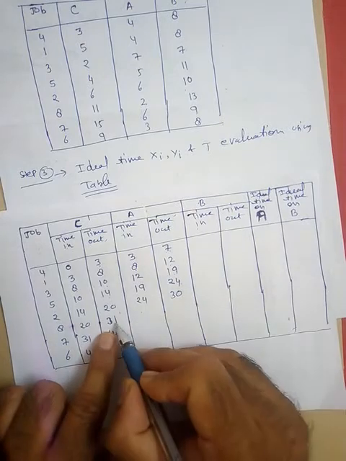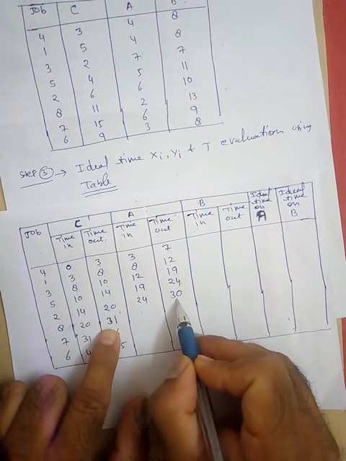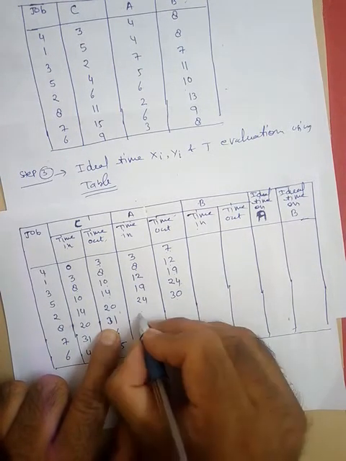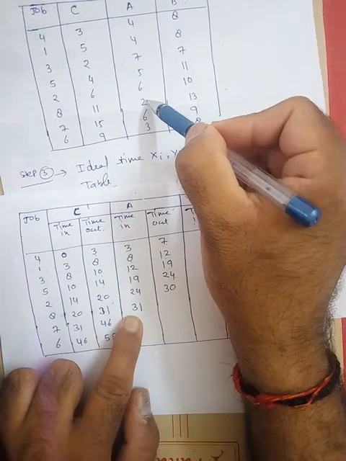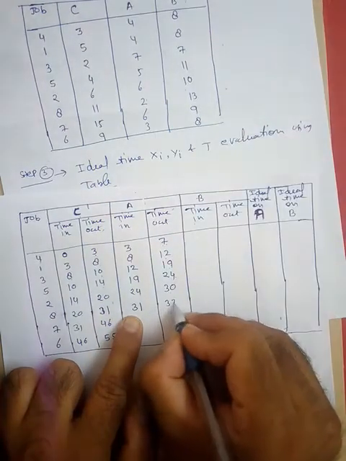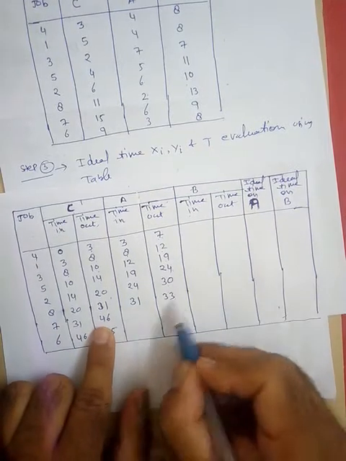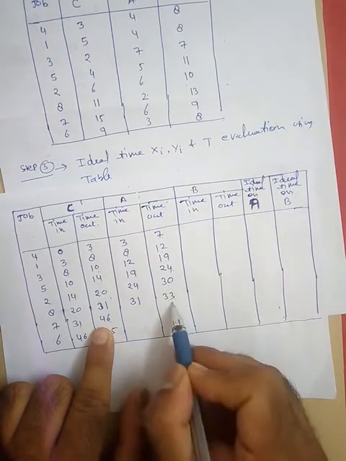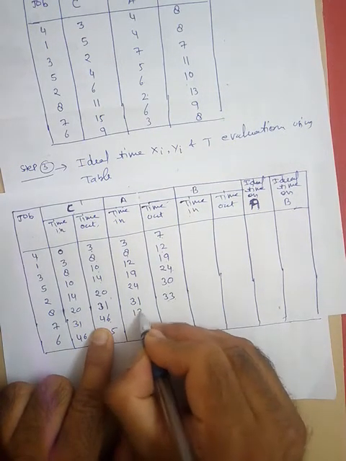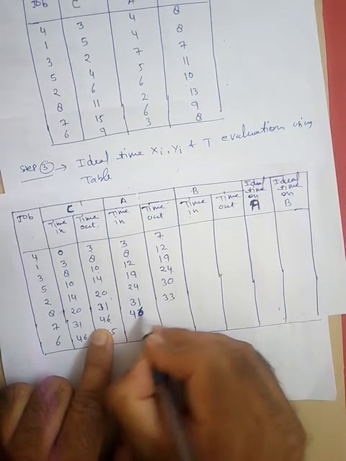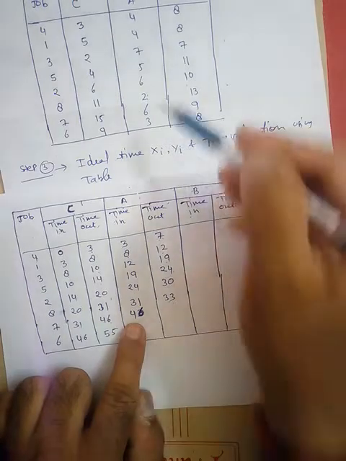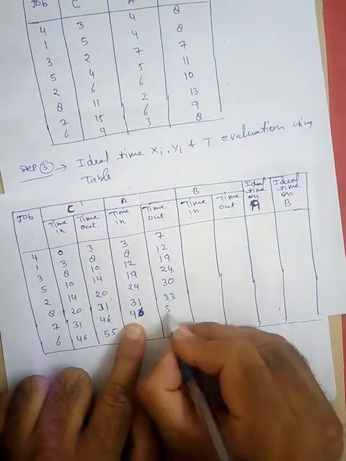Now here this will finish at 31, however this will finish at 30, so there is a gap. So this will start at 31, and then this will take 2 hours, so 33. So here is a gap. Here is 46 hours, so there is a gap of 13 hours, so this will be 46, sorry. This will start its processing after 46. How much time will it take? 6 hours, so 52.